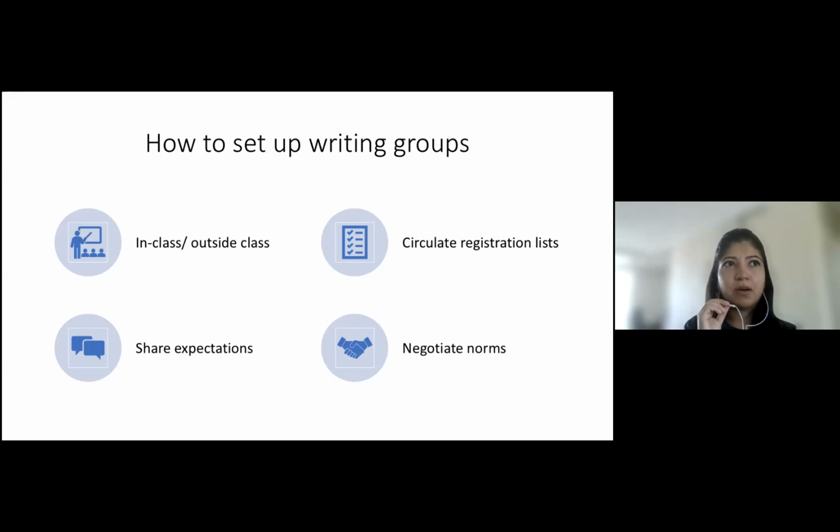You have to talk about how we are going to communicate between meetings. What happens if a member is not able to attend a meeting? What happens if a member feels that their expectations are not being met? So you need to talk about all these things beforehand. Otherwise, there could be lots of conflict and the students will not feel motivated and they could feel that this is a major waste of time. Next slide.